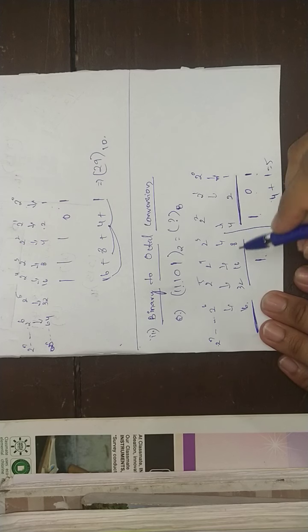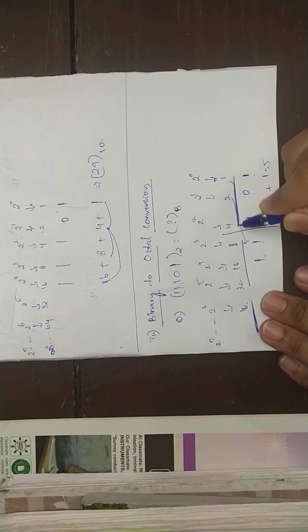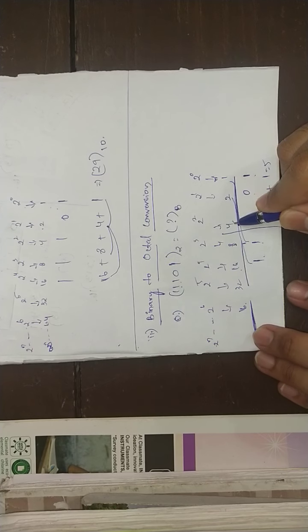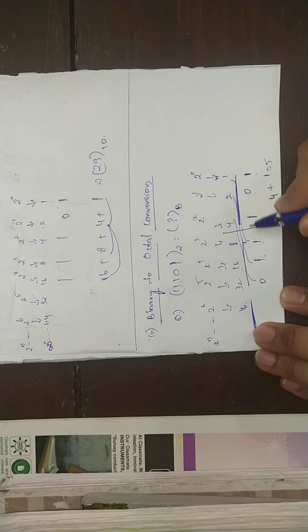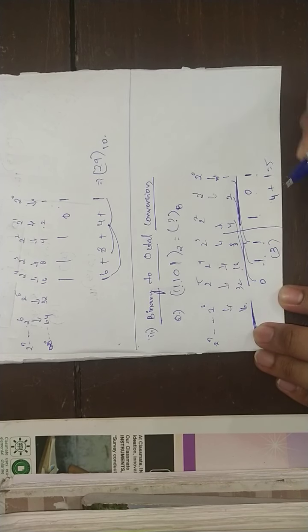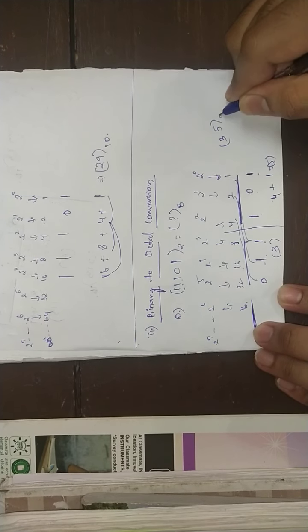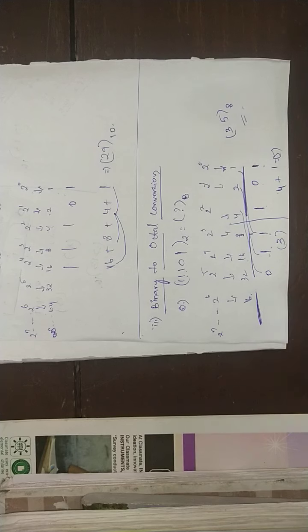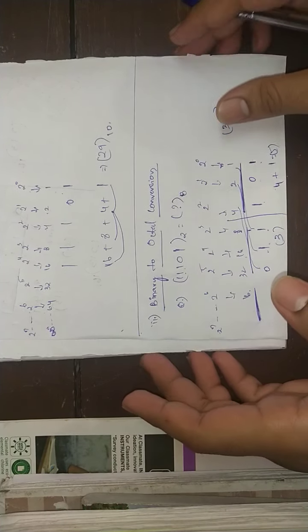Now here what you have to do is, you do not count 8, 16 and 32. You have to count these numbers as 1, 2 and 4. Okay, here what is the value? 2 plus 1, 3. Then here 5, so 3 5 base 8. It is as simple and easy, binary to octal conversion.